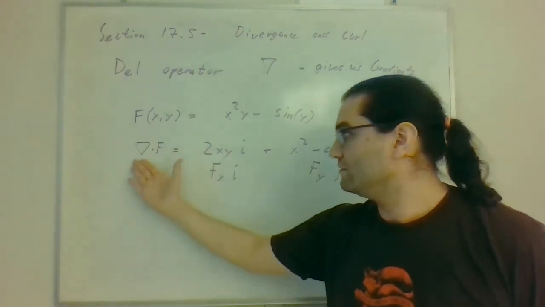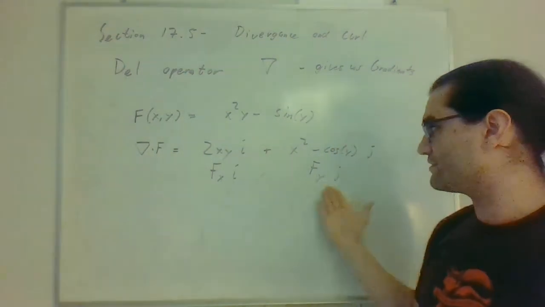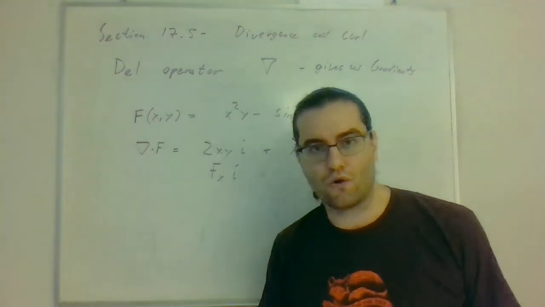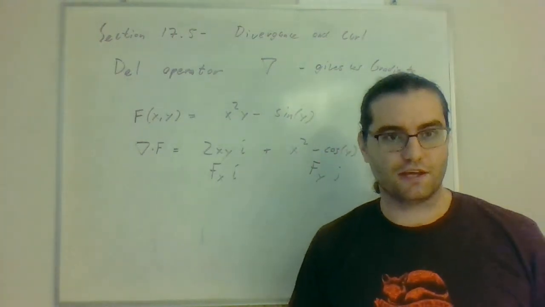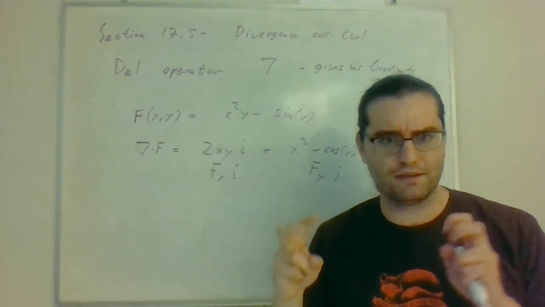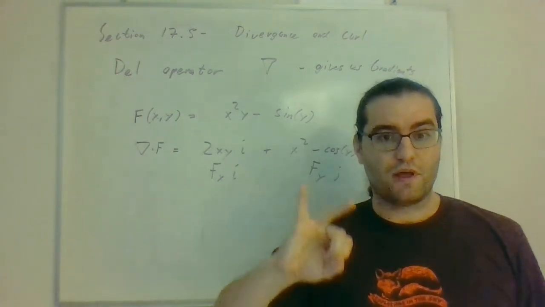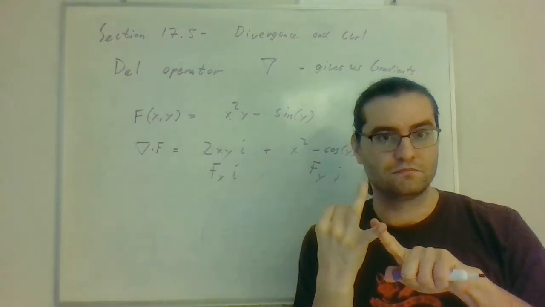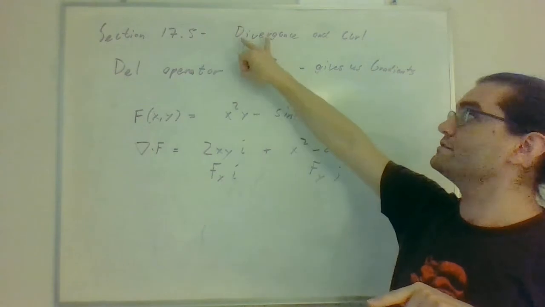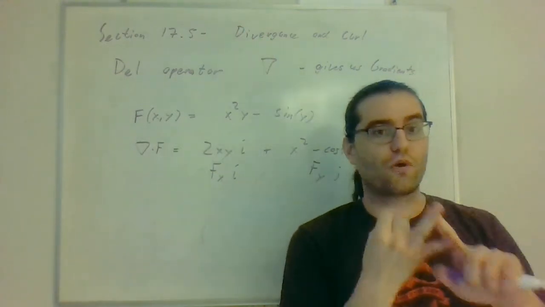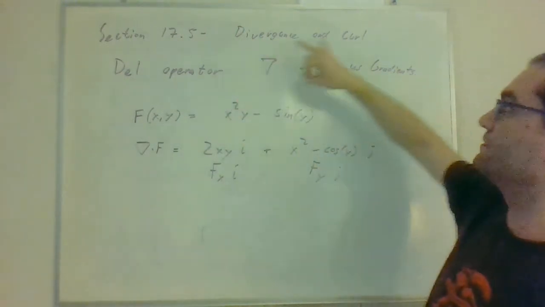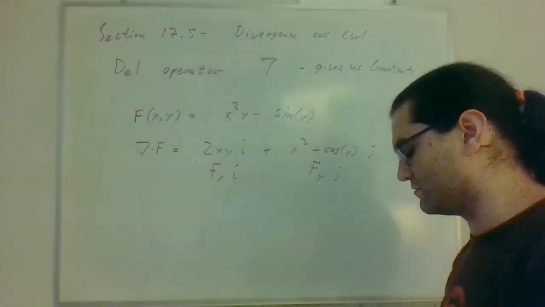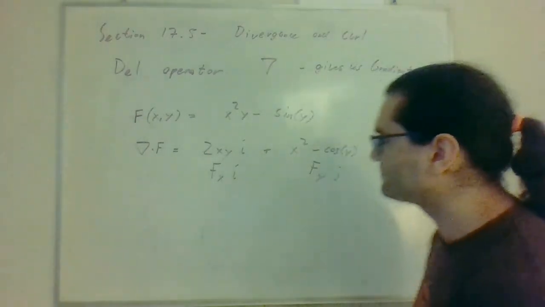But if del fundamentally is some sort of vector thing, and we apply it to other things that are also already vector things, what does that look like? And how do we apply that? And the answer is we apply it in two different ways. You can do a dot product, and that gives you divergence. Or you can do a cross product, and that gives you curl. So we'll do a couple examples of those things, what those things look like. But first, I guess